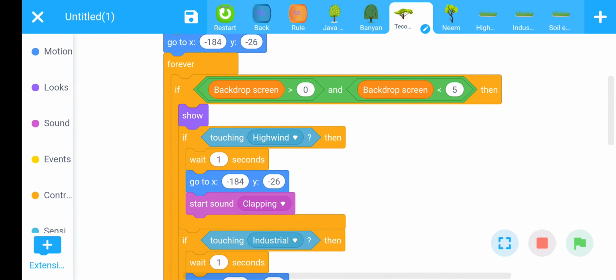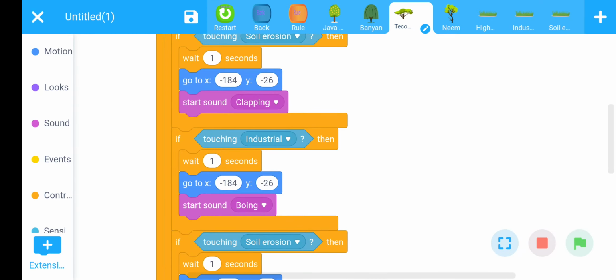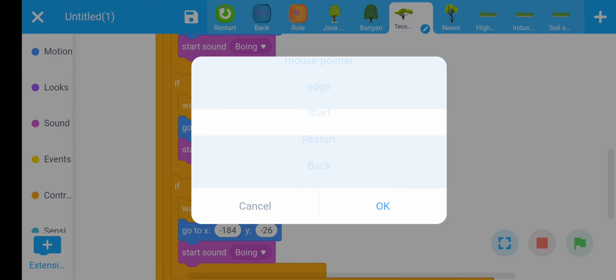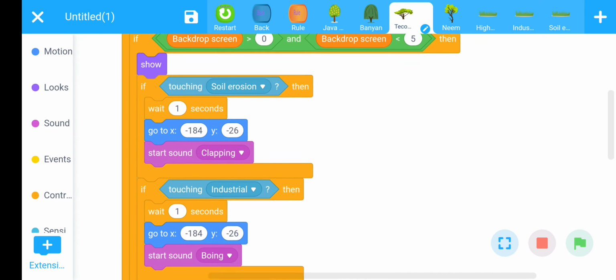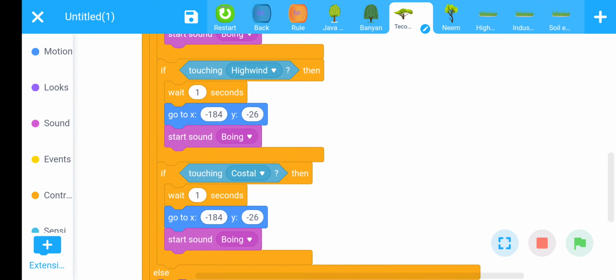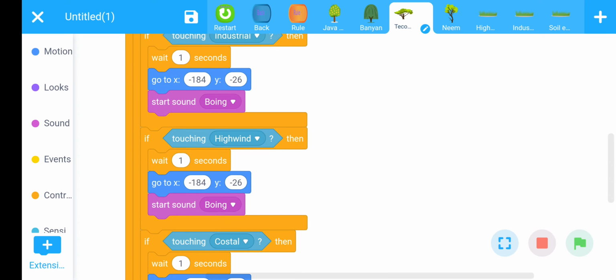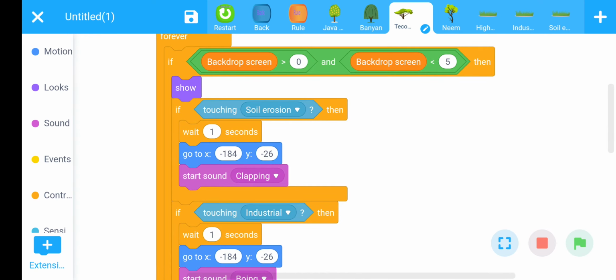Replace high wind with soil erosion. And where soil erosion was, this is the right option, replace it with high wind. Okay, check carefully. Industrial, high wind and coastal, these 3 are wrong options, and here the bong sound is present, and soil erosion is the right option, there the clapping sound is present.